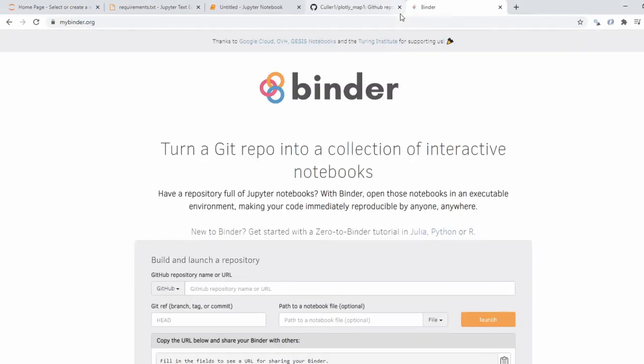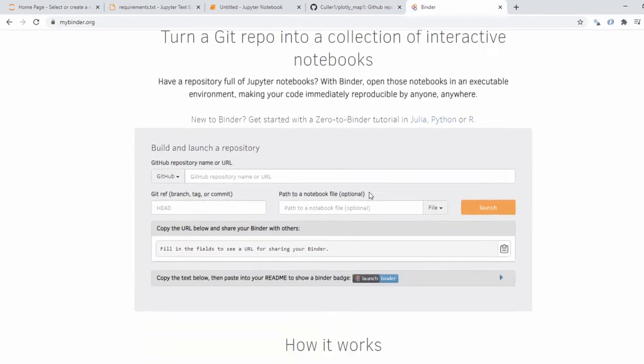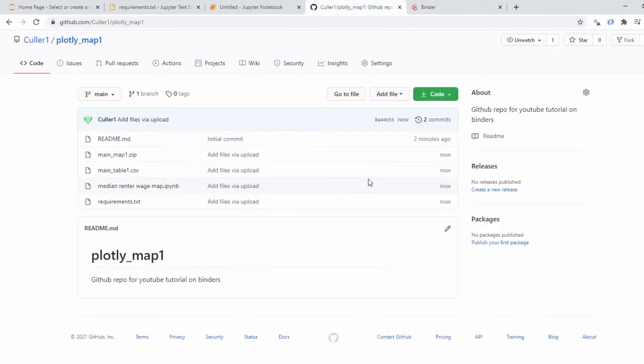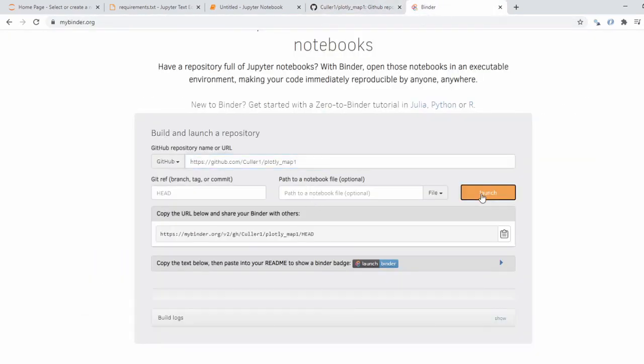So mybinder.org is basically a way to share notebooks and get them to run so that you can actually change the code a little bit without actually screwing up the main GitHub repo. And of course, for my purposes, it's simply easiest to say, hey, look, this is what we've done, and it runs a little bit easier than just trying to go through a GitHub repository. And if I'm talking to somebody who has no Python or coding experience, then this GitHub repo is kind of pointless most times. But it's incredibly easy. All you have to do is copy that in, hit launch,